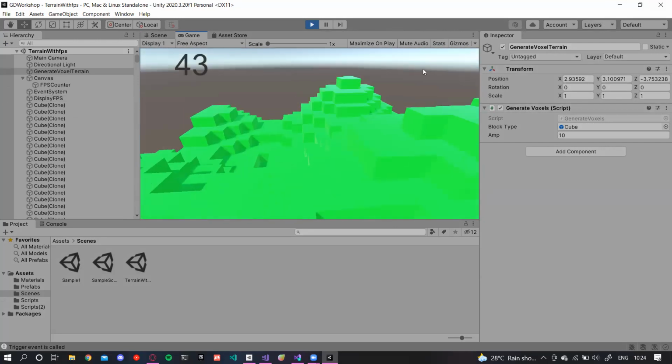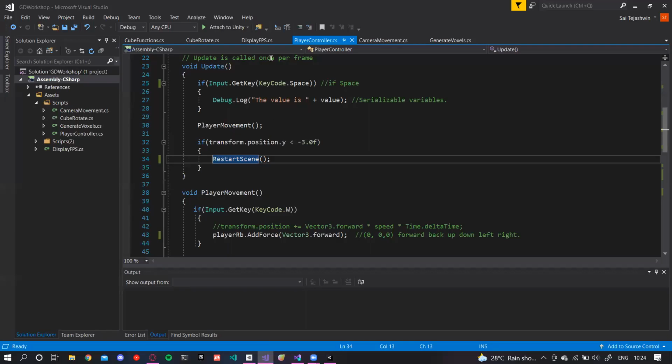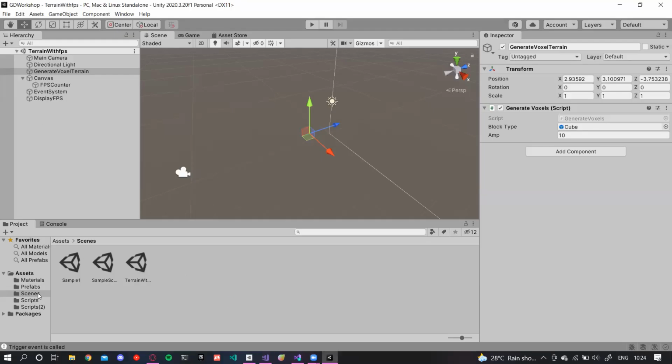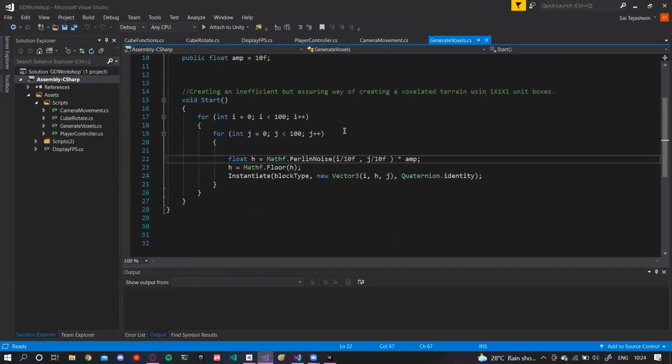Basically, the whole function, the algorithm, is that I've instantiated a game object. So what is instantiating a game object? If I go into my script, the script that I used over here is GenerateVoxels. I had it open in my game, so I'm just going to show.